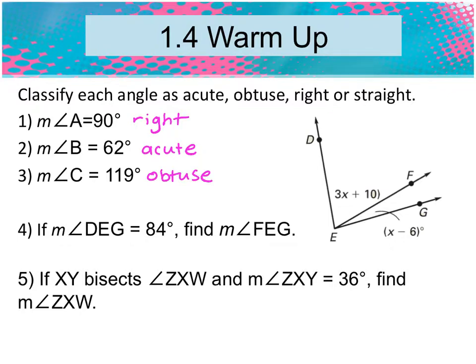Okay, 4 says if the measure of DEG is 84. So again, I mark it. DEG is this one. Nope, all the way through is 84. That whole thing is 84 degrees. Find the measure of FEG. So what do I know about this entire angle? Michaela. That means you have to